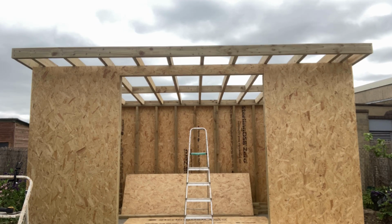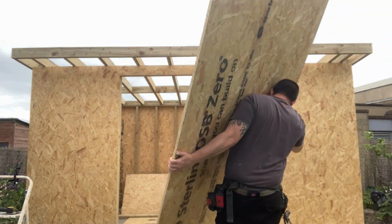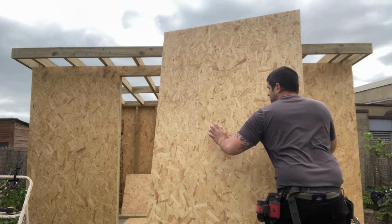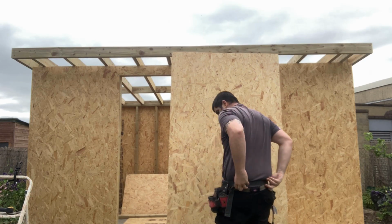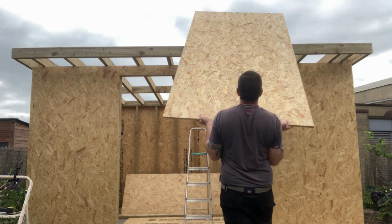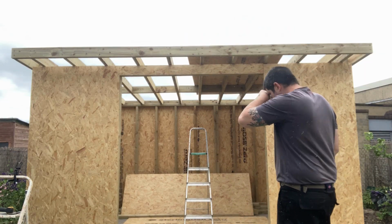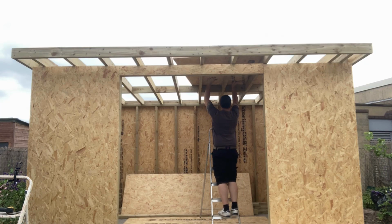So this is a job that I ended up doing on my own. I didn't struggle too much getting the timber up onto the roof, the OSB up onto the roof, but you know, it might help to have somebody to assist you lifting these. I mean, it would have been easier if I'd had somebody else, but I managed. But just be careful, make sure you lift with your knees, not your back, obviously, with stuff like this, else you could end up putting your back out. But yeah, we're just going to throw them up onto the roof